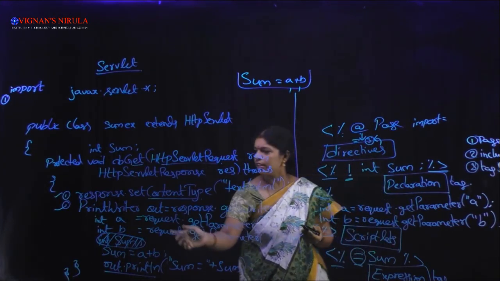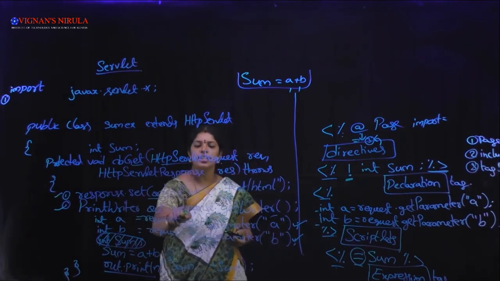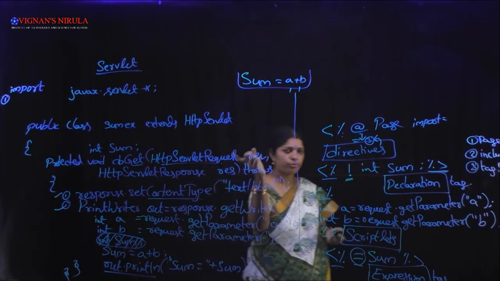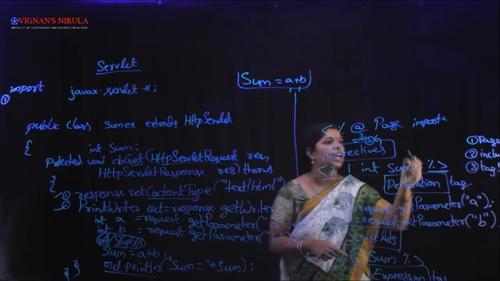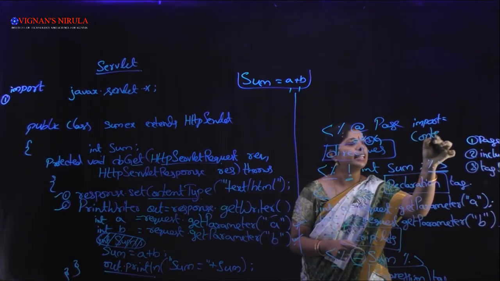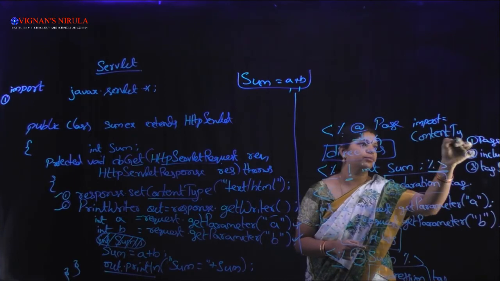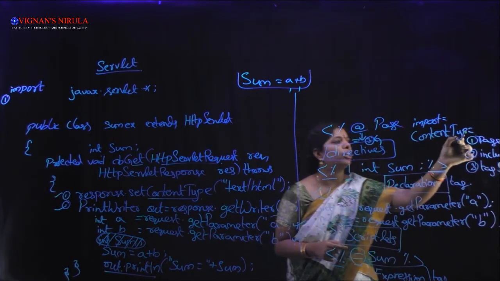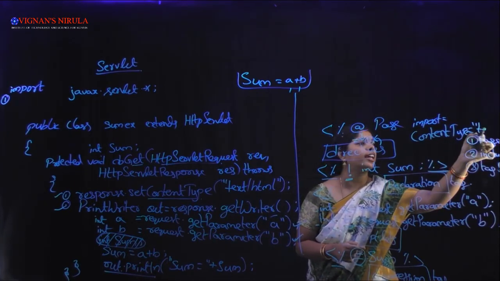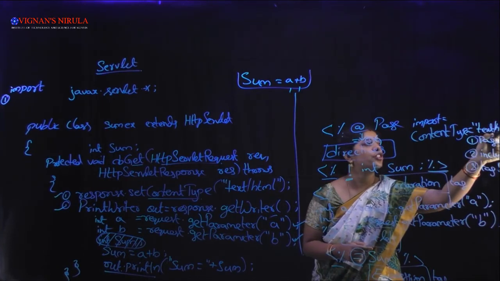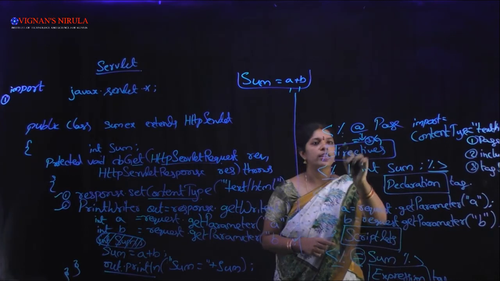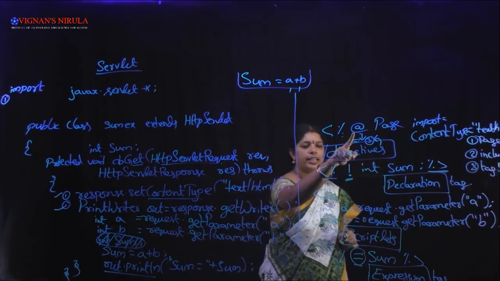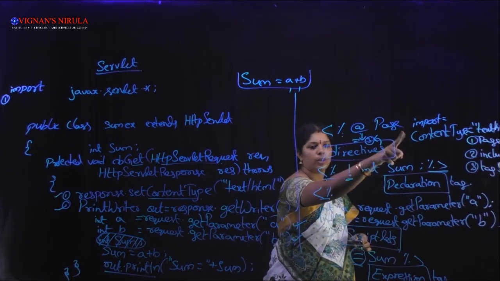Here we are using response.setContentType. So if we want to set this content type in our JSP page, we are having the contentType attribute name. By using the contentType attribute name, we are inserting here text/html. Next, by using the less than symbol, modulo symbol, @ symbol, we are inserting many packages.